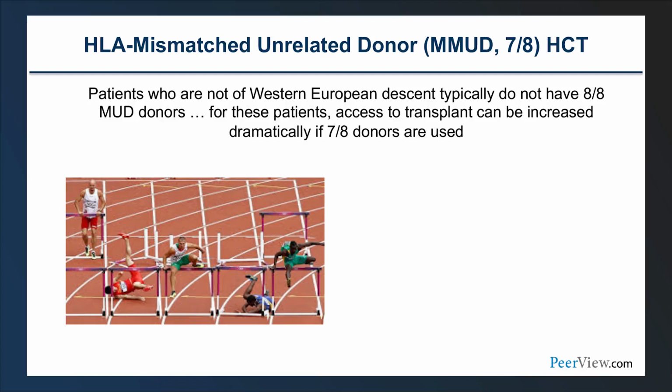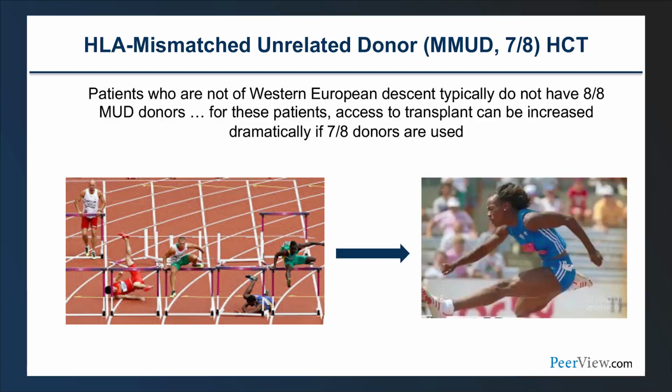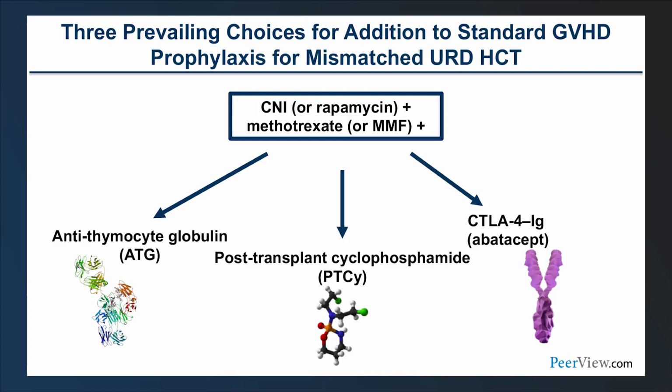And unfortunately, the hurdles that we've had to overcome in the past for 7 out of 8 transplant have been huge, and really there's been a lot of failure. The good news is that while we may not have as much success as Jackie Joyner-Kersey here, an amazing hurdler from the 80s, we're getting there. So there are now 3 prevailing choices for addition to standard GVHD prophylaxis in mismatched unrelated donor transplant: ATG, PTCY,